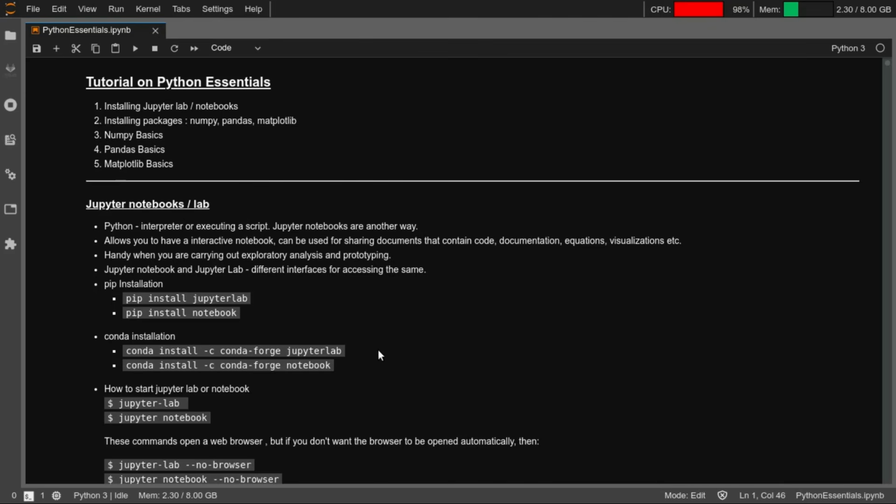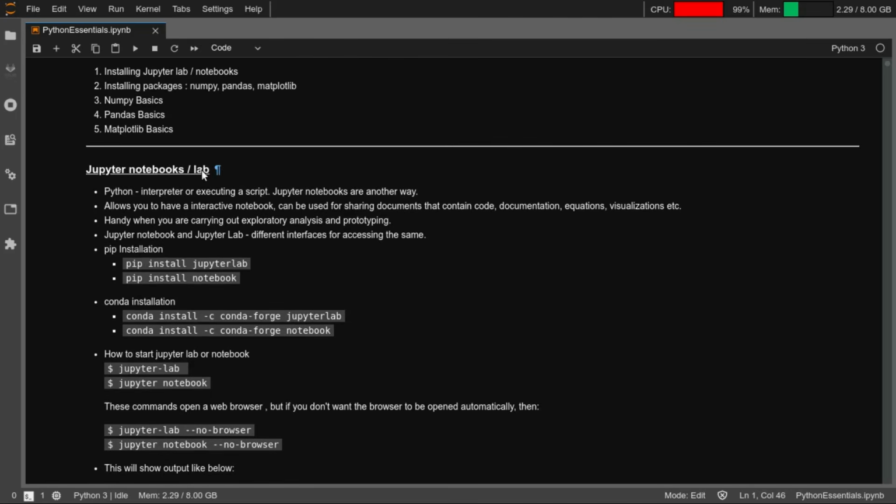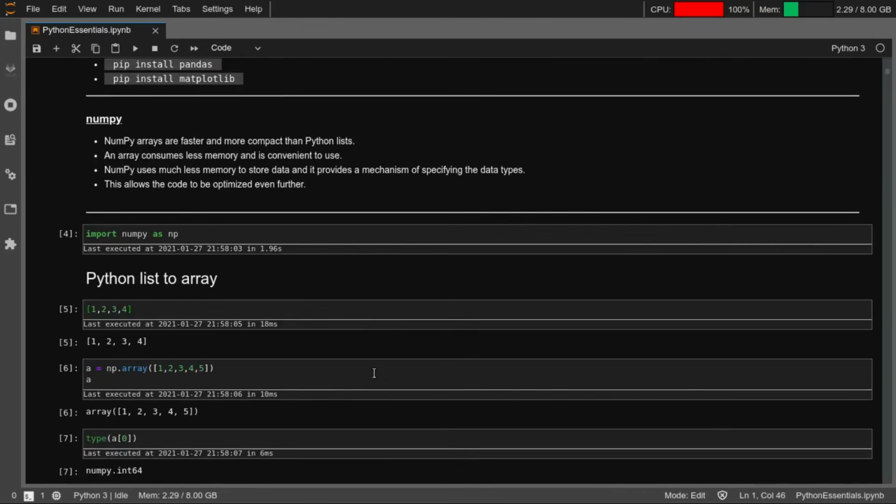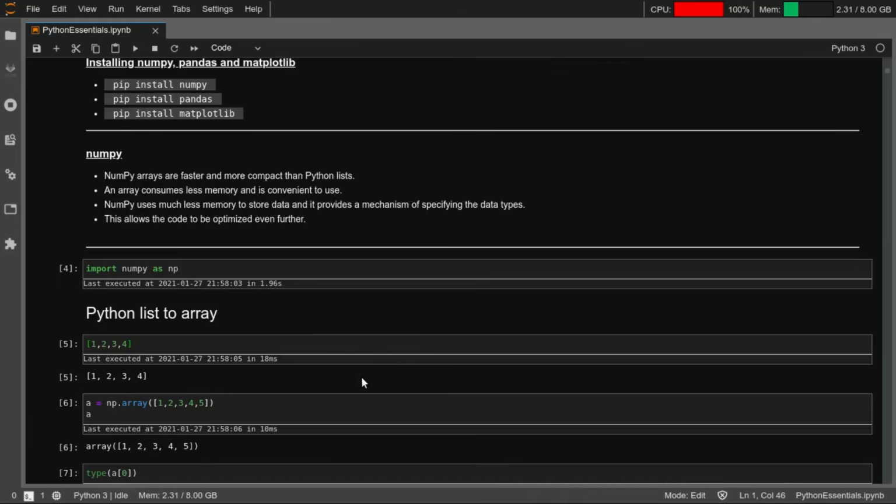Before we come to that, in the last tutorial about Python, we had seen how we can interact with Python in the interpreter, or we can execute a script in terminal, right? So especially for data analysis purposes, there is another popularly used tool for writing code and analysis in Python, and that is called Jupyter Notebooks or Jupyter Lab, right? They provide an interface where you can write your documentation, or you can write your piece of code and execute it. This has a sort of an interpreter style, but it is not exactly an interpreter, but somewhere in between, right?